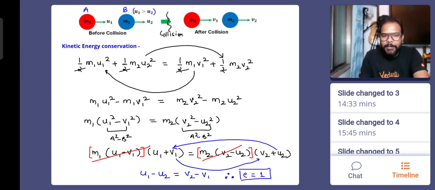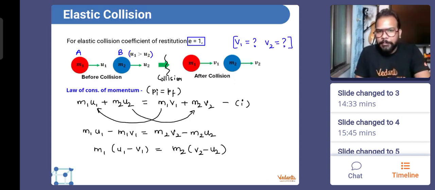Velocity of separation and velocity of approach came out to be equal. That's what we did just now. Okay, everyone. From here, you will basically be doing the derivation of v1 and v2. So what we have done so far, we have got the equation of law of conservation